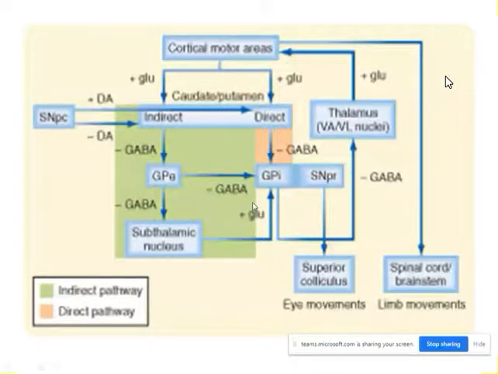When the large amount of glutamate is released, then it will excite. I have told you that glutamate is an excitatory neurotransmitter, so it will excite this one, globus pallidus interior. When this is being excited, then release of GABA will be more, isn't it? The GABA will be more from here. When the GABA production is more, then what will happen? It will inhibit the thalamus, and a low level of glutamate is released.